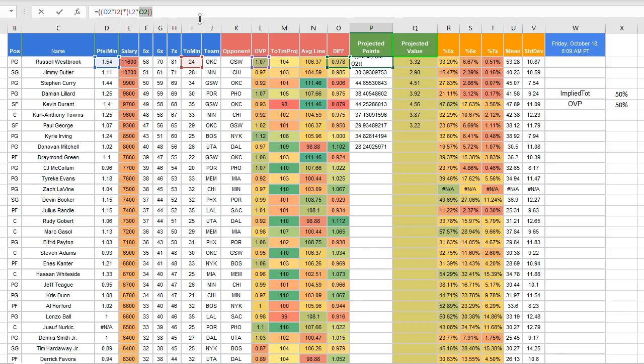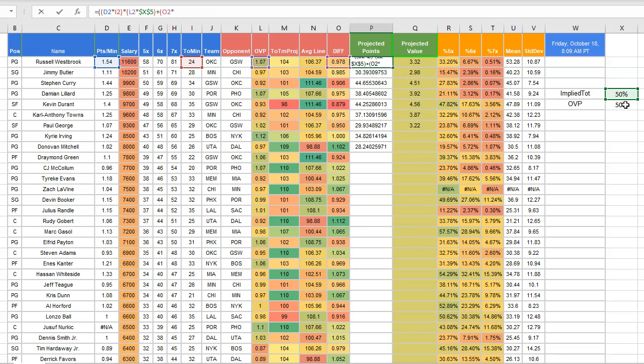So I'll just start with the opponent versus position value here. So I'm just going to say L2 and multiply that times whatever is in this cell over here, which is X5, and then make sure that you lock this down, because as we drag this down, you want to make sure that this cell is never moving, because it's always just going to look back at whatever is in the implied total. Okay, so I'm going to do that. So that's 50%. And then I'm going to add that to the other 50% that I have here, which is going to be O2